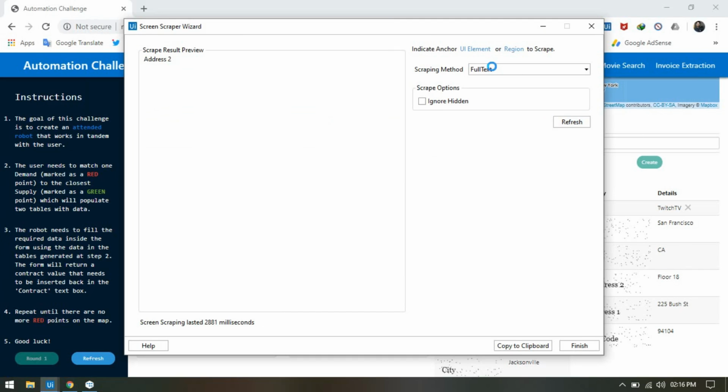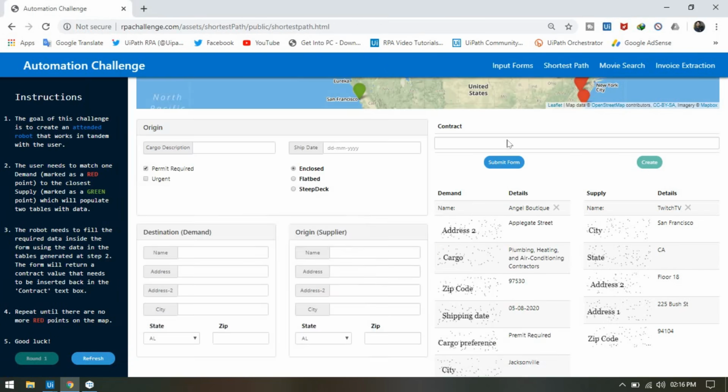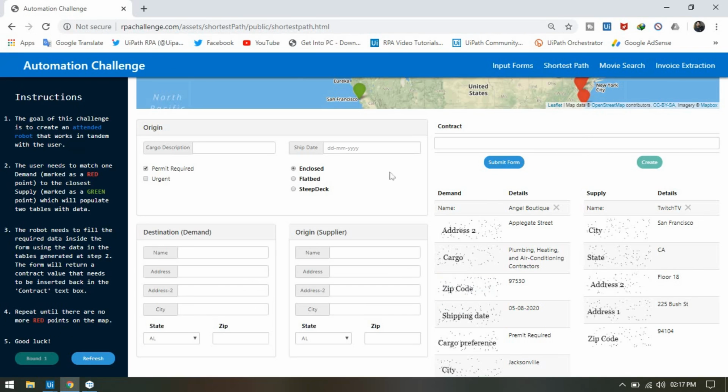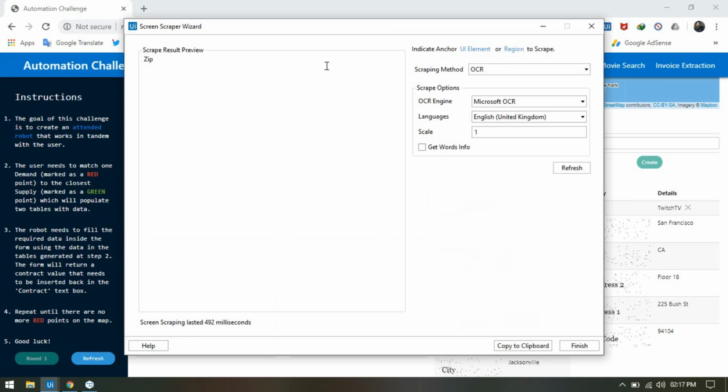So sometimes if we are trying to capture using the OCR scale 1, then this time it is working fine, and if I'm going to check this cargo, it's fine. If I'm going to check zip code, it's showing only zip.